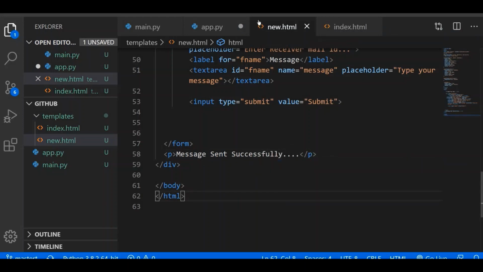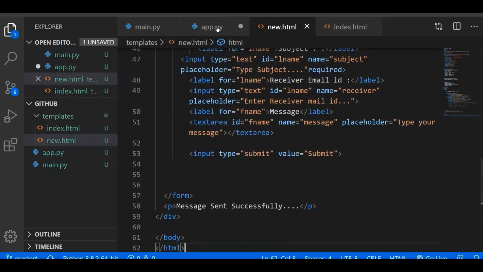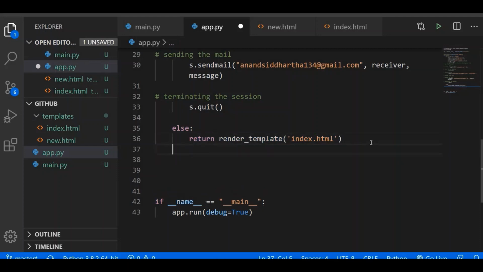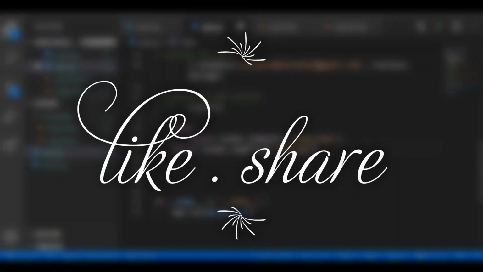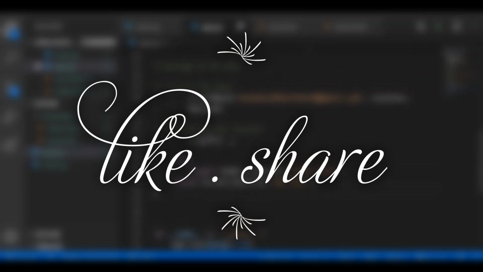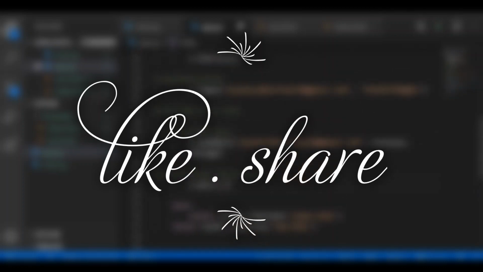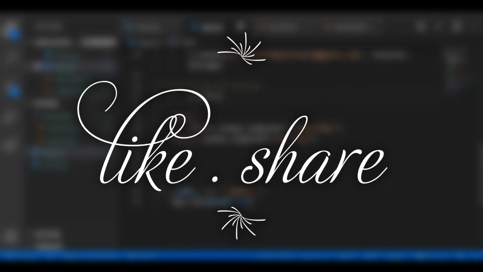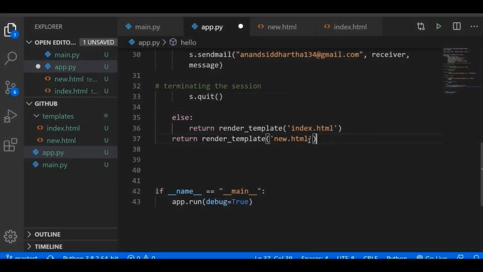After writing so, I will come here in this app, and I will have to link that new.html, and so for that I will link it, and here I will write new.html. I can write it here as well in this if statement, but I will not use that. I will not do so.